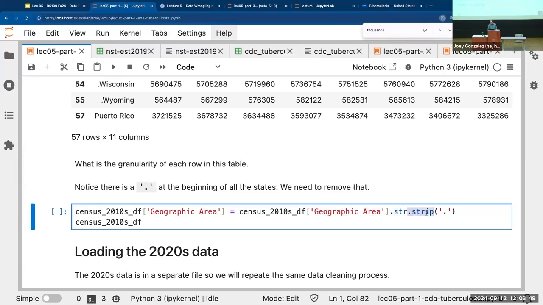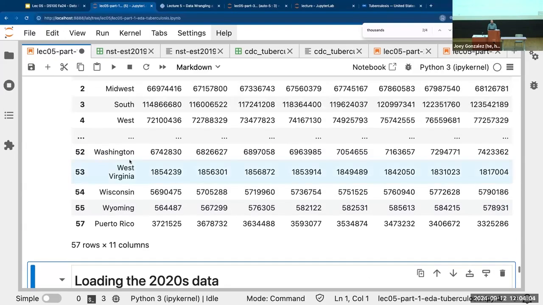And there's a whole bunch of really useful functions that allow me to transform those strings. So I'm going to strip off periods at the beginning or end of those strings, and put that back in the geographic area column. So now, no dots. Data cleaning or data wrangling.